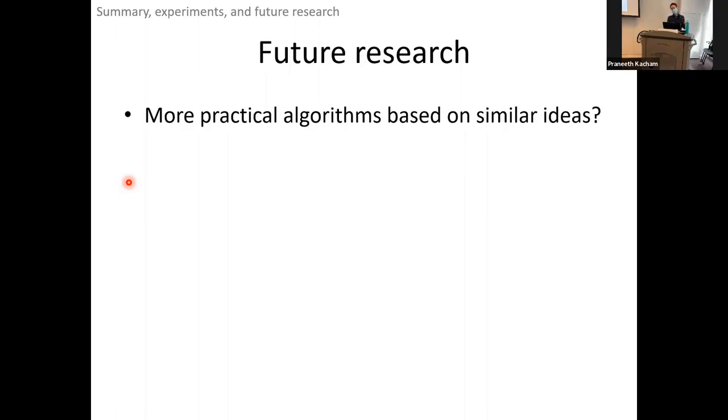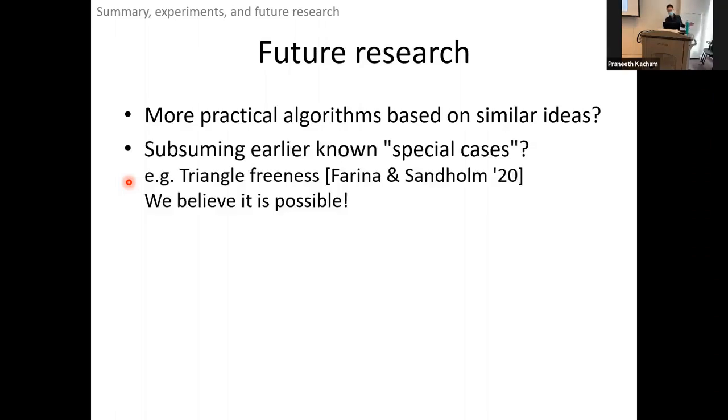And one thing that I didn't elaborate on in this talk at all is that there are these prior special cases that we know can be solved in polynomial time. Our construction does not subsume those. So we leave open the question of whether there exists a construction that is able to simultaneously have these fixed parameter guarantees and subsume these earlier constructions.